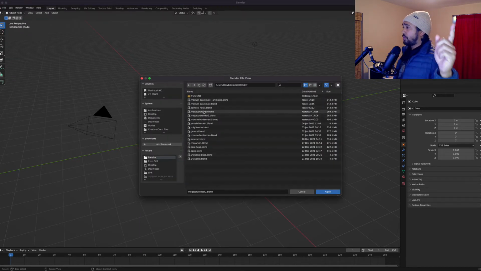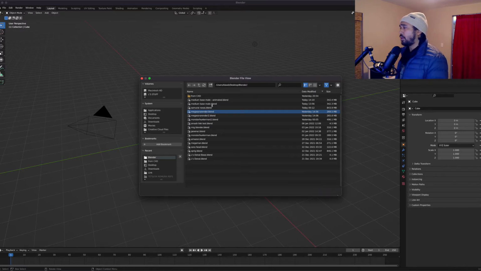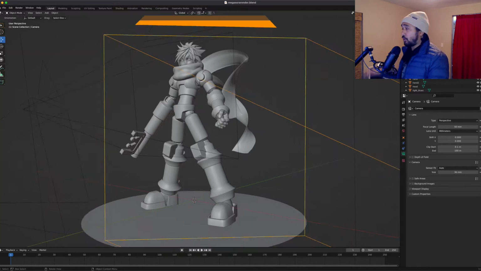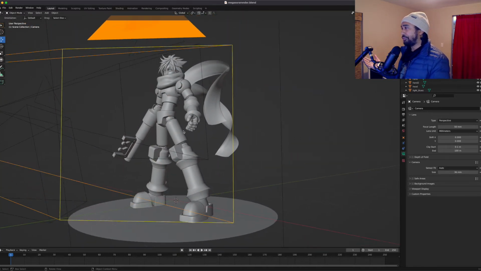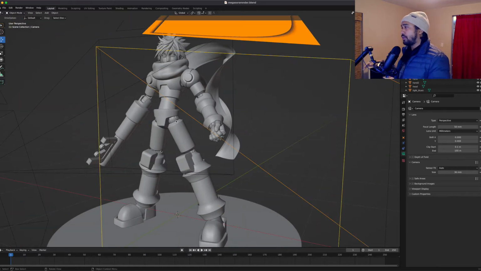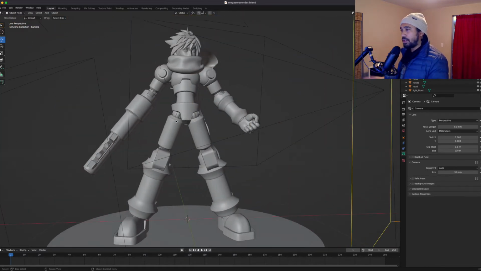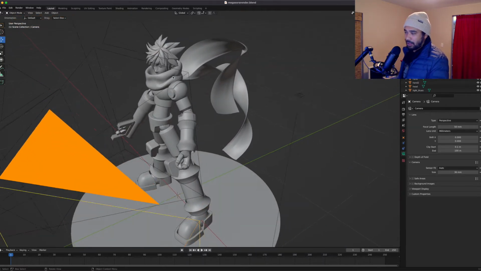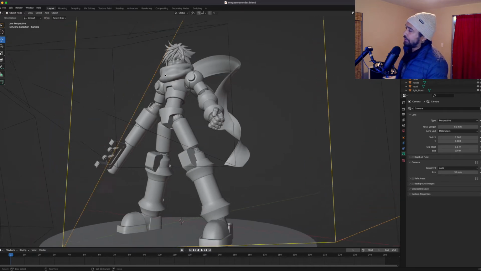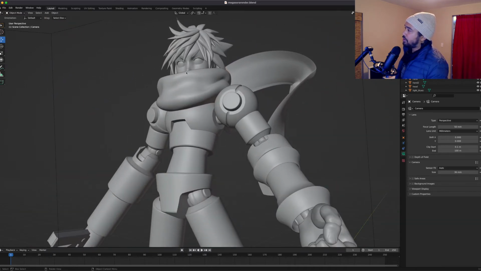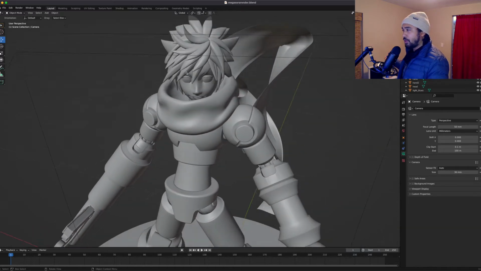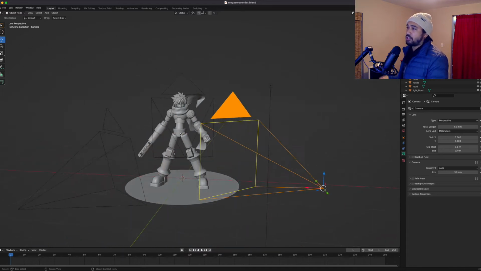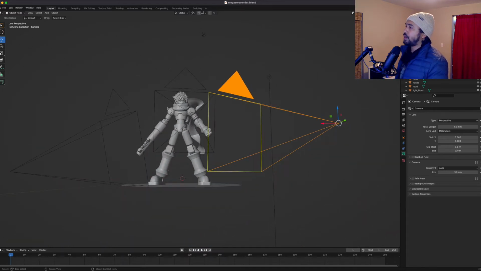So we're jumping from C4D all the way to Blender now, and we're going to open that file. It was saved as an FBX, not an OBJ. To go back to the sculpting, everything was sculpted by me. I didn't download anything. Sora was completely modeled by me. I use Sora a lot in C4D and in my renders and drawings. If you haven't checked my Instagram, it's flooded with Sora pictures, Final Fantasy VII characters, Kingdom Hearts characters. But here I am